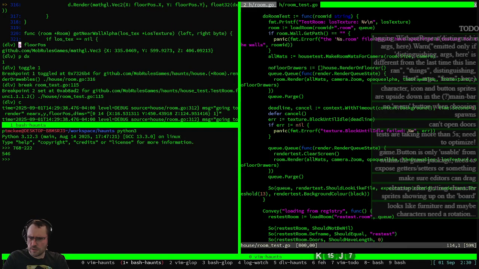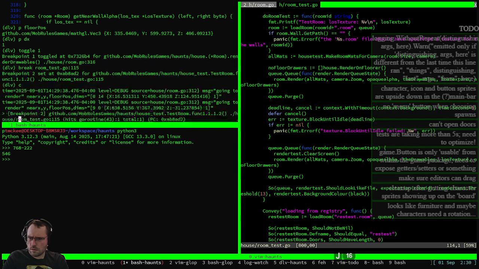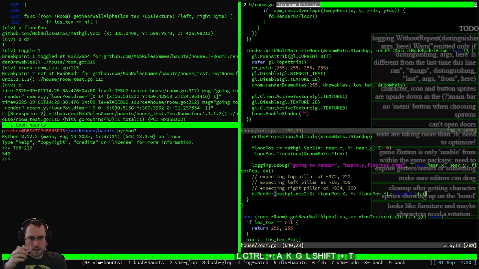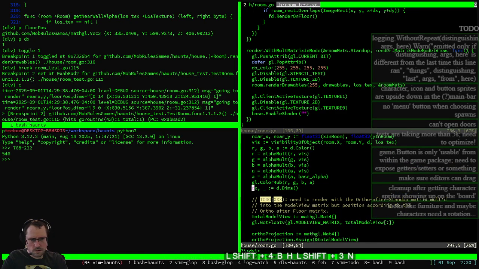Is it just the textures aren't loaded? No, this DX is okay. This DX is